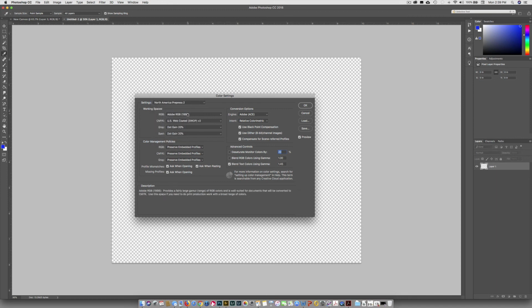And the reason for that is it's going to make Adobe RGB 1998 our working space. By default, sRGB is the working space. So choose North America Prepress 2. You do not need to change anything else in here. So that's number one. That's also on our website, so you can see exactly what it looks like when you